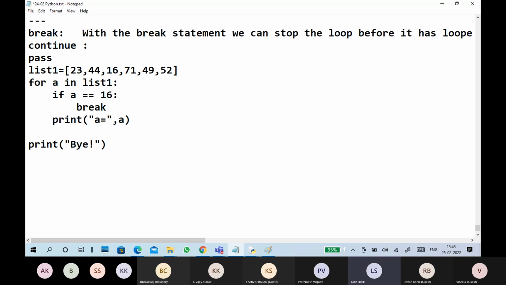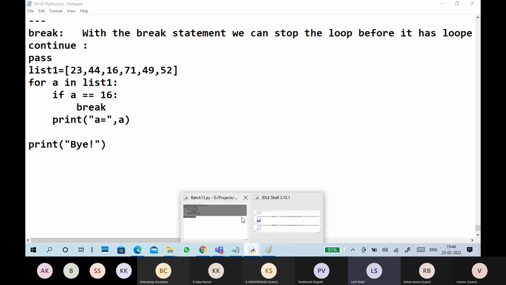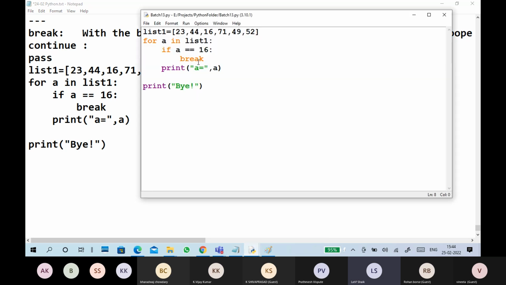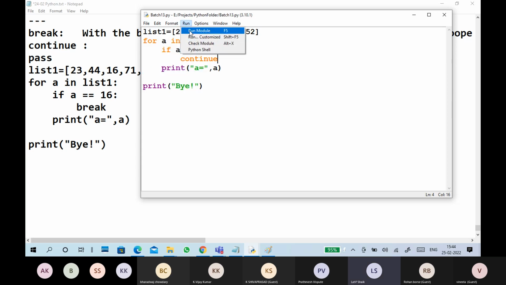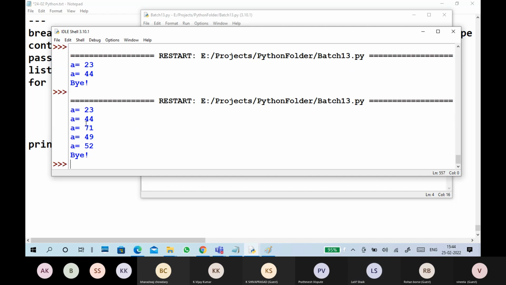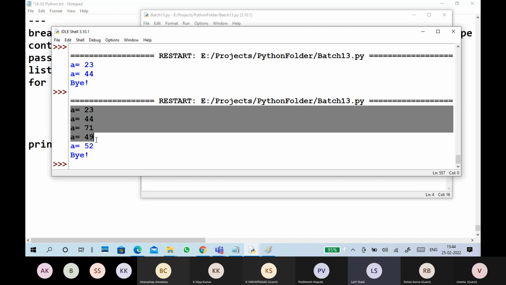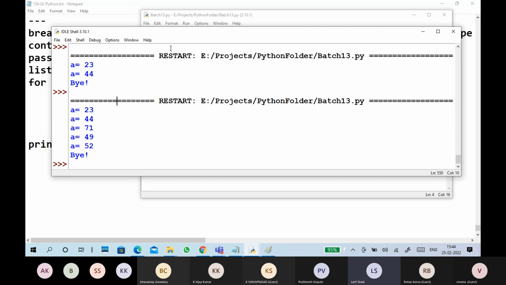Next one is continue. So what is this continue? We'll see the same thing. I'll put continue. It may throw something different. We'll see. So what has happened? Please, anybody tell me.